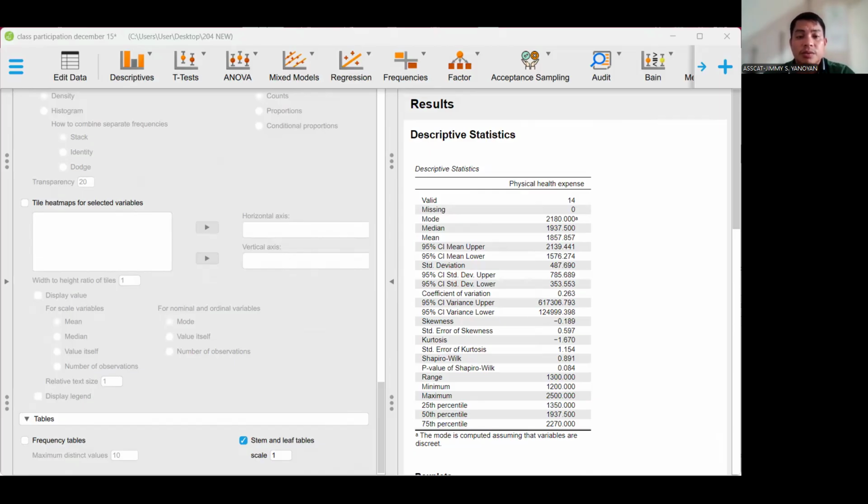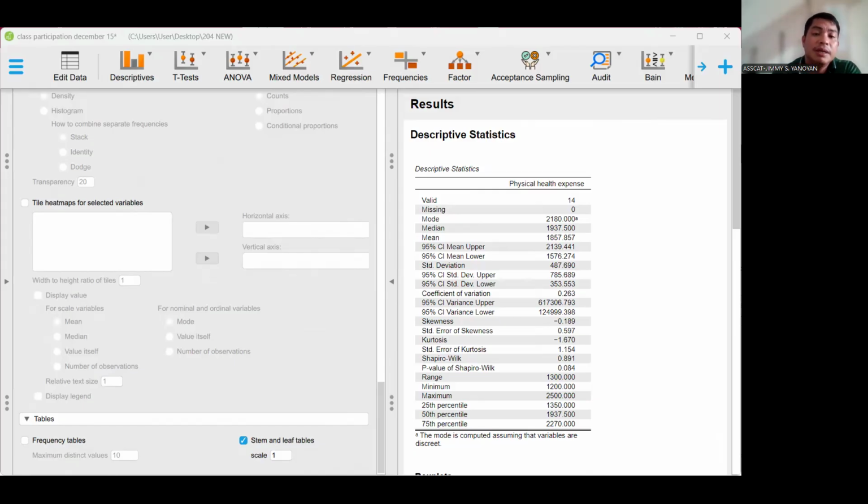Now we are going to proceed with the distribution shape. Distribution refers to the skewness and the kurtosis of our variable. The skewness is negative 0.189, while the standard error is 0.5597, which is very close to zero.